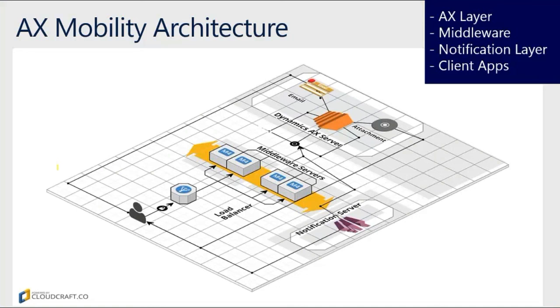Now, the next important thing in this whole diagram is the attachments and the emails that you see on the Dynamics AX server. All the attachments that Dynamics AX has and the emails that we want to send out to customers are managed by the server itself rather than the middleware or notification server. Because it's important that every component should do its job properly: the middleware's job is to handle the request, the AX server's job is to manage the data, the attachments and the email,